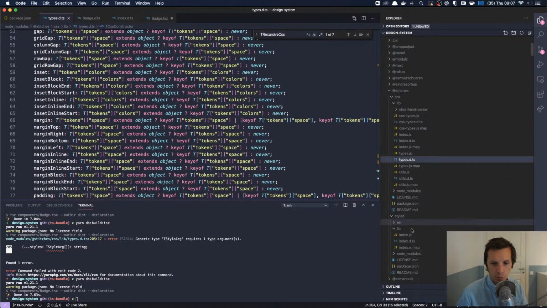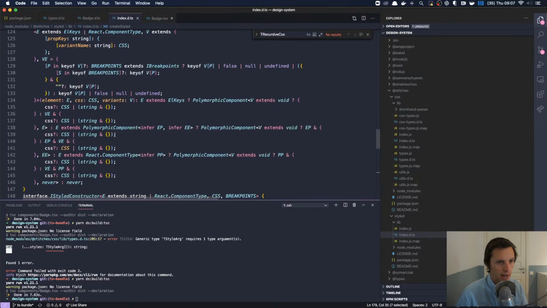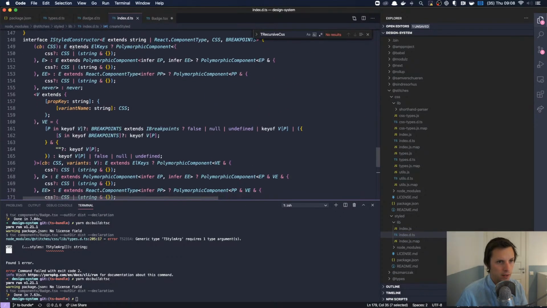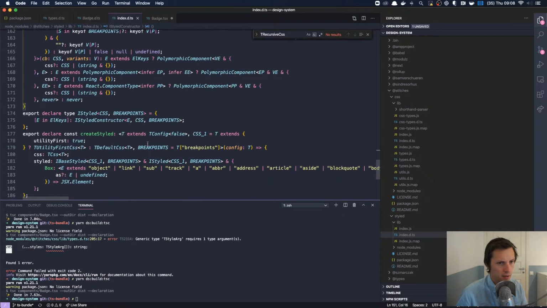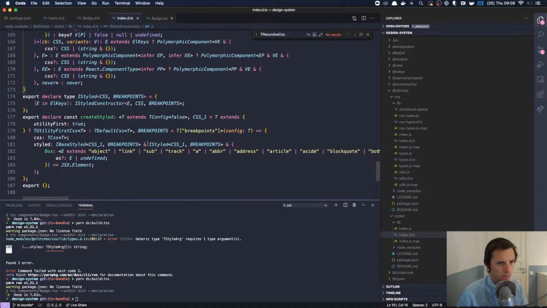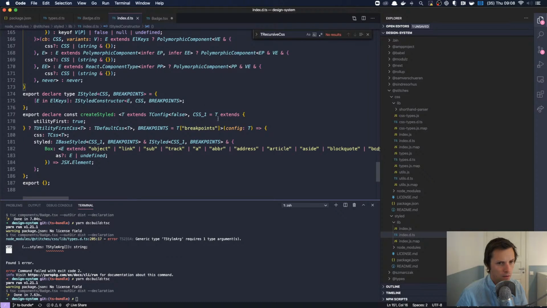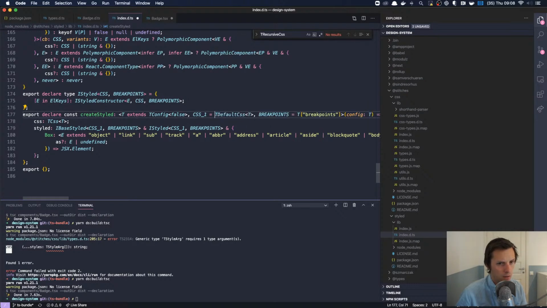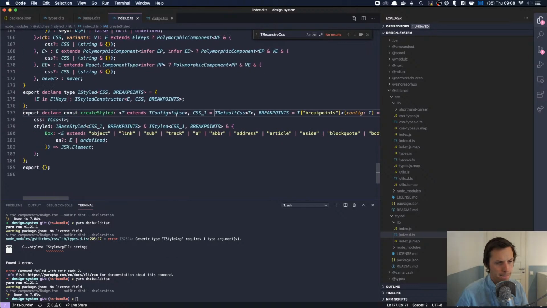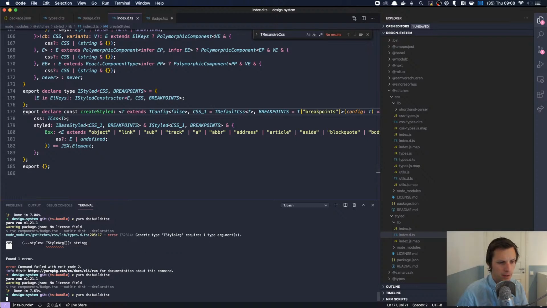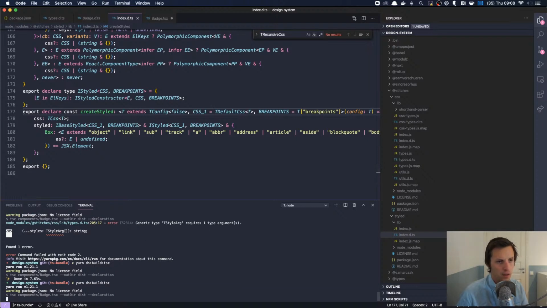So styled, let's remove that. Because where we are actually doing stuff now is in this thing, which is a crazy complex thing. So let's remove the extends thing here. Okay, let's see if this helps cleaning up the style package.